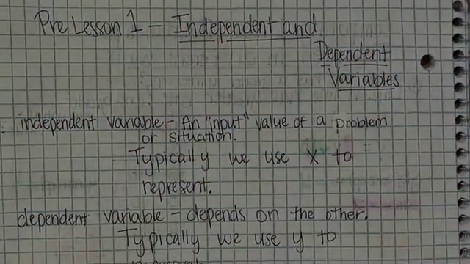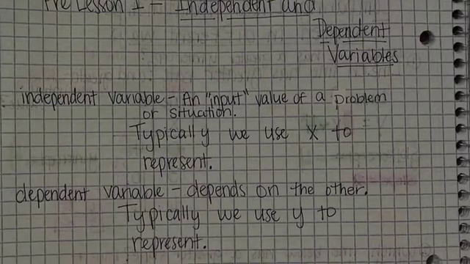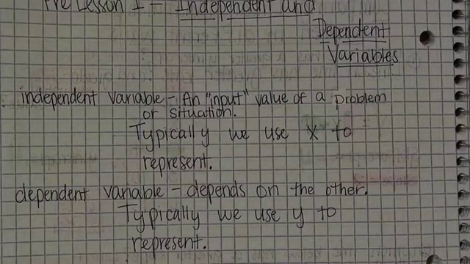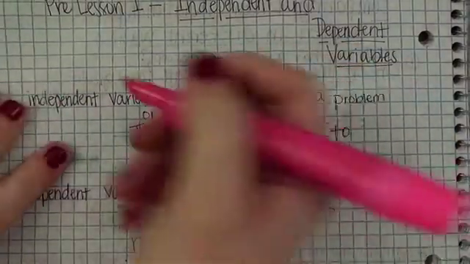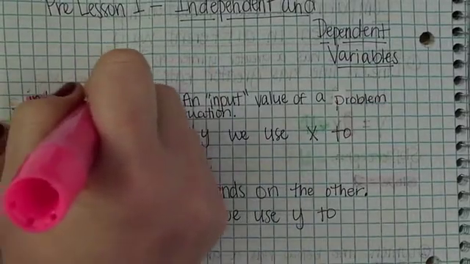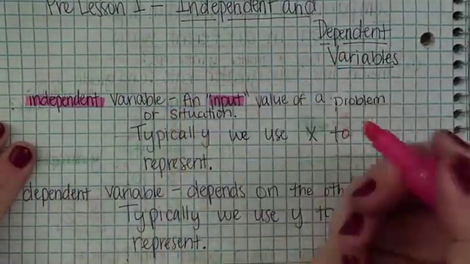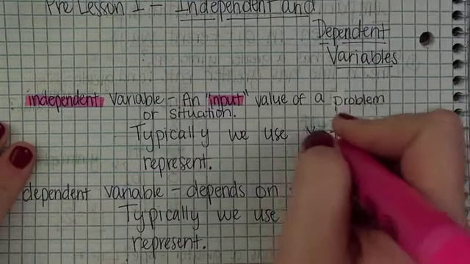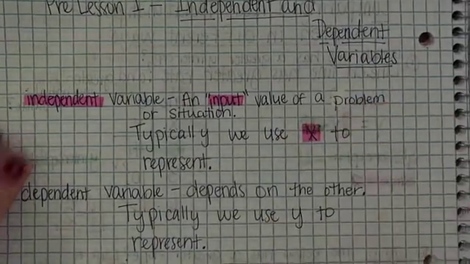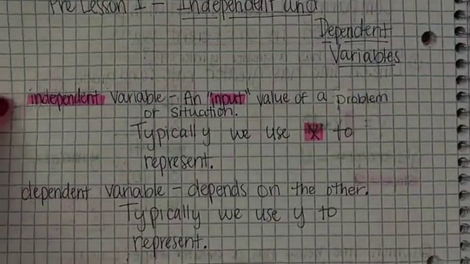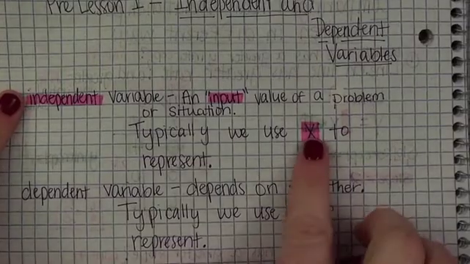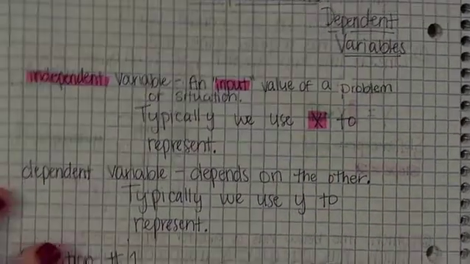So these are the definitions that I wrote down. You can pause the video and write them down if you need to, and then I will talk about them in just a second. All right, so independent variable. The way I remember it is independent is input, or independent, you have to remember, is the x. So independent we always use as the x. The dependent